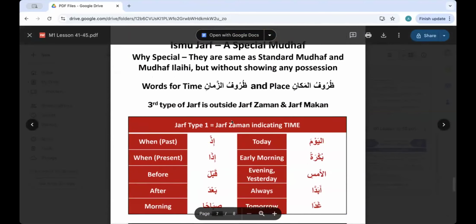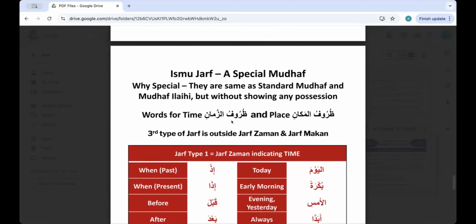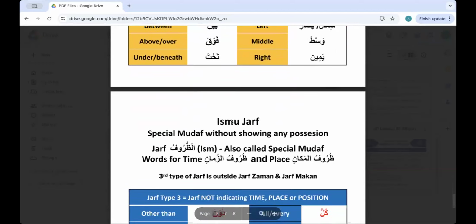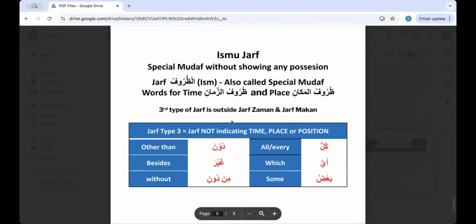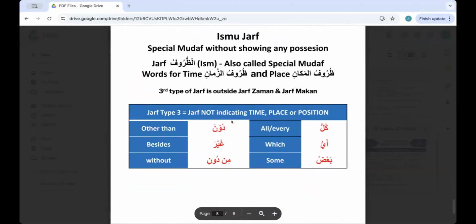If anyone wants to ask any question, I think this finished very quickly. We'll start. Ustada, I'd just like to add something. To every student, what we just introduced, Ismu Zarf, are special mudaf. It is for you to memorize these, and remember these are special mudaf. We will have further examples of special Zarf Makan and Zarf Zaman and Ghairu